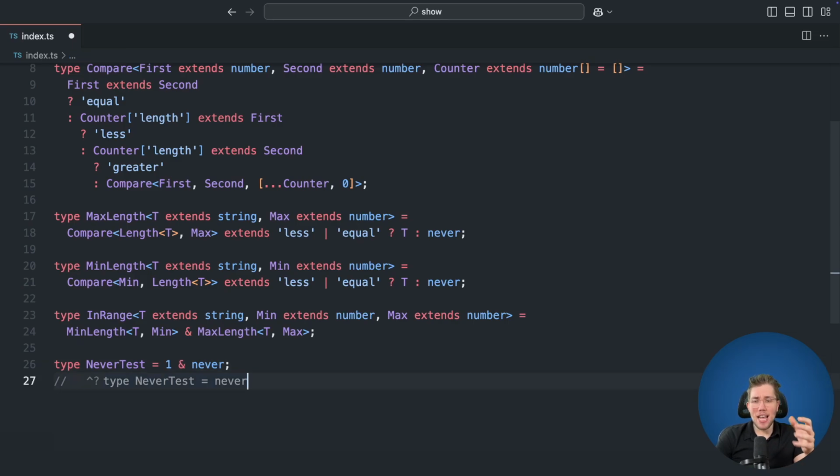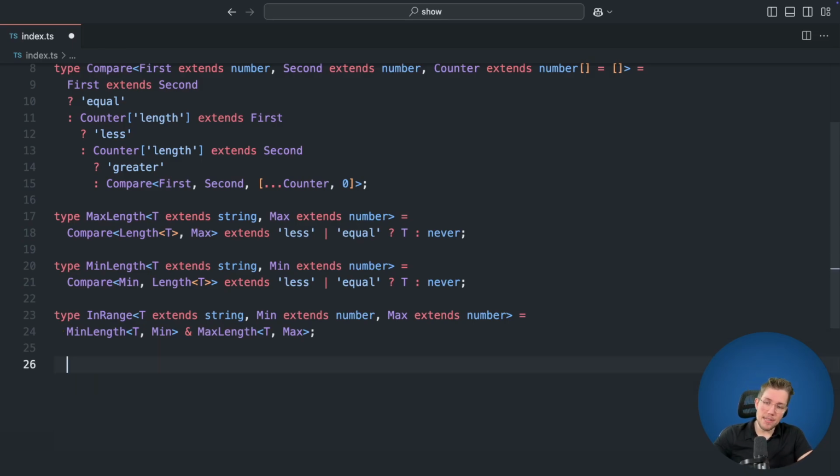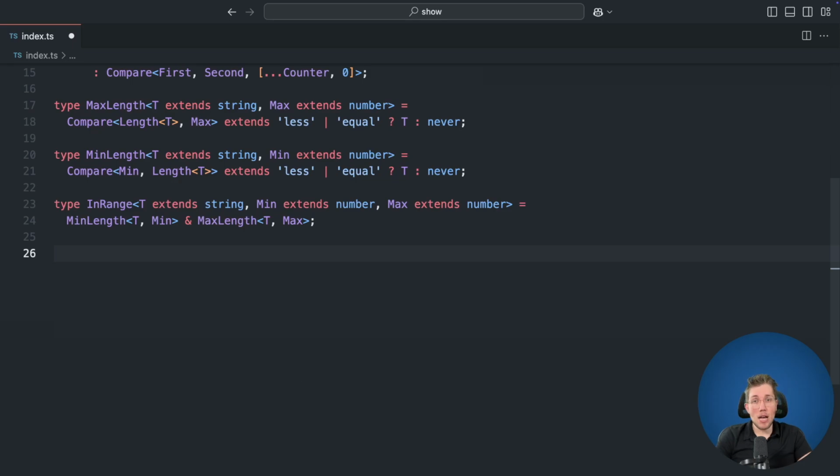So now we have created these types. So let's now create the real function implementation, and let me show you how we can use these three types in a real function. Let's remove this here and let's scroll up here a little bit. Now what we will do is let's first create a function, and let's call this function maxOrThrow. And we will make this a generic function. But what we will first do is we will not use these types, but we'll just create a pure function which does not use MaxLength, MinLength, and InRange,